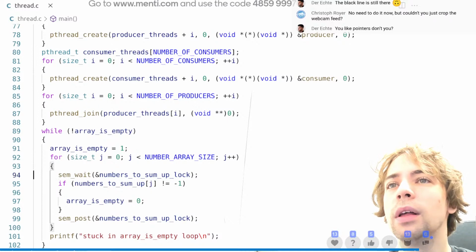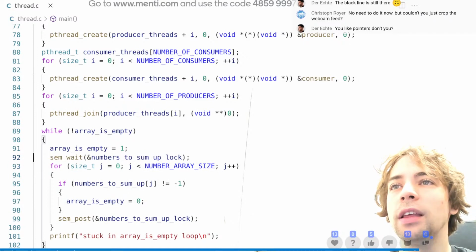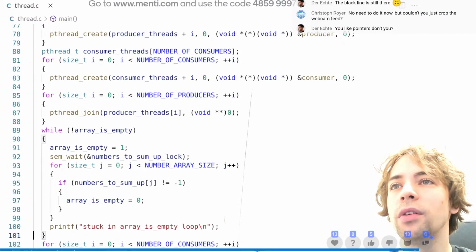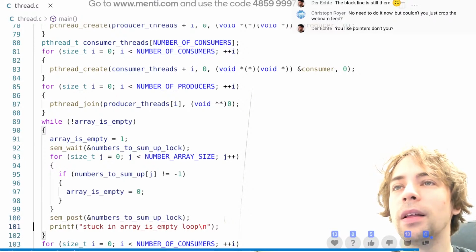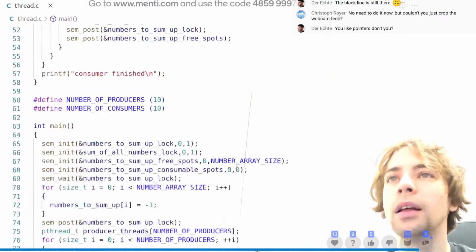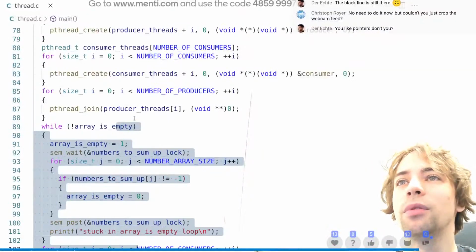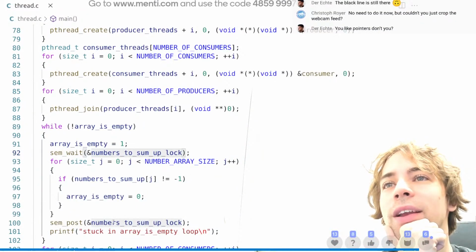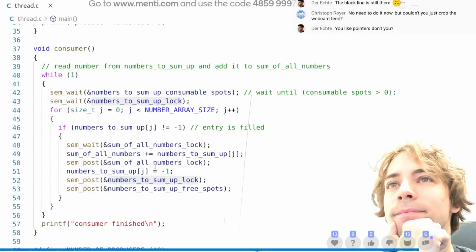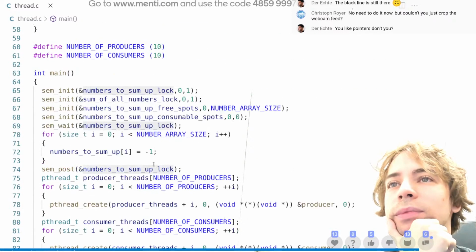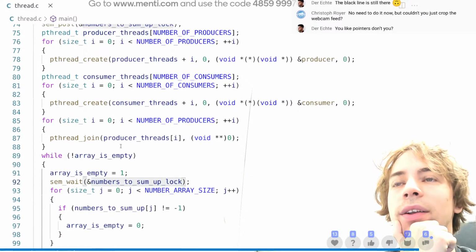Maybe this is also important. So we should probably lock over the iteration over the array. We shouldn't iterate over the array without locking it. And this loop down here actually now is not so beautiful, right? It's not very beautiful because we are still iterating over this and checking whether everything is done. What else could we do? If all the producer threads are done,